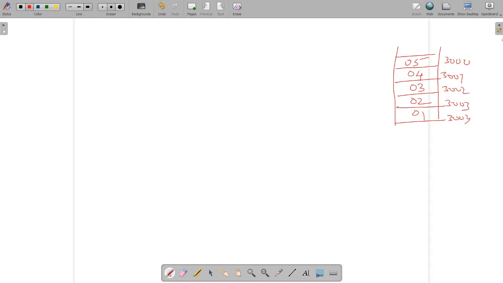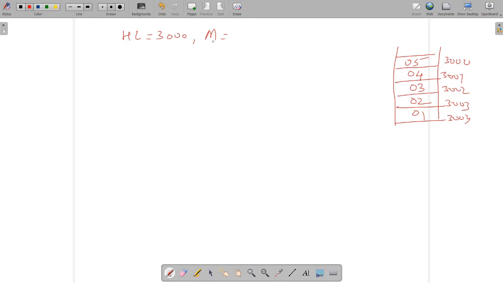I have told you in some video that when you are having n bytes of data, you will have to use the HL pair. When HL has 3000, M comes automatically. Whenever you use the HL pair in your program, the memory pointer comes automatically.